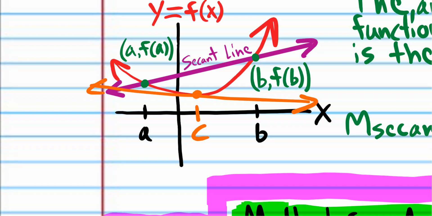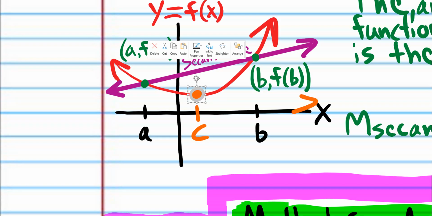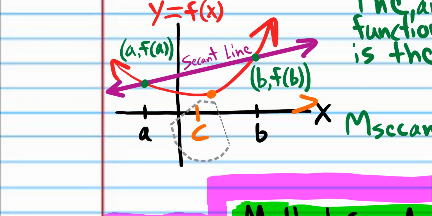So this is not a very good approximation for the instantaneous rate of change. The slope of the purple line is not a good approximation of the slope of the orange line. But what if we move this point here? Now let's draw the tangent line. The slope of the tangent line